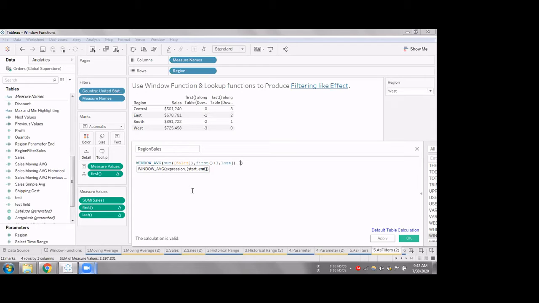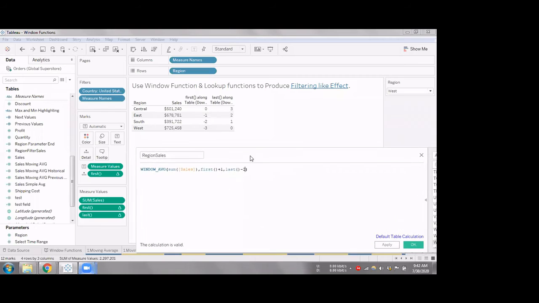Now if you see these two things here, first plus 1 is my start field for each of these rows. So when I'm on the central row, my first value is 0, but since I've given plus 1 here, it will take a start value as 0 plus 1 is 1. So it will automatically come to East, and it will start my calculation from here for the 0th row, and where it should end: last minus 2. My last value for the 0th row is 3, and it should end at 3 minus 2, which is 1. So it should start from 1, which is here, and end at 1.